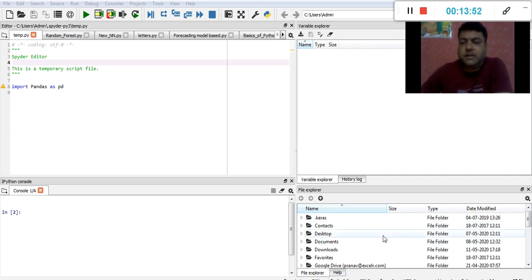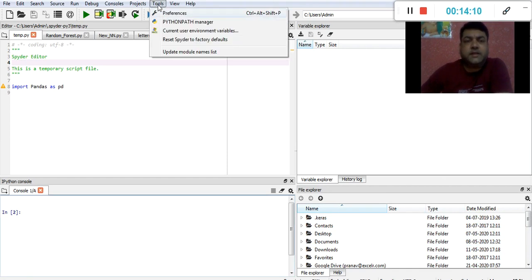So here you can see in R we get plottings and everything over here. But in Python by default we get it in the console window. If I don't want it within the environment and I want a window to be popped up, then there are some settings that can be done.